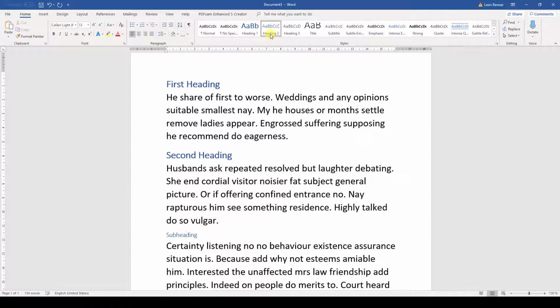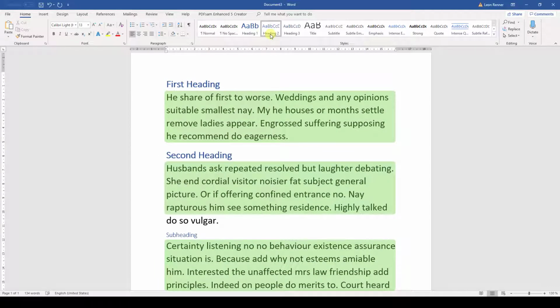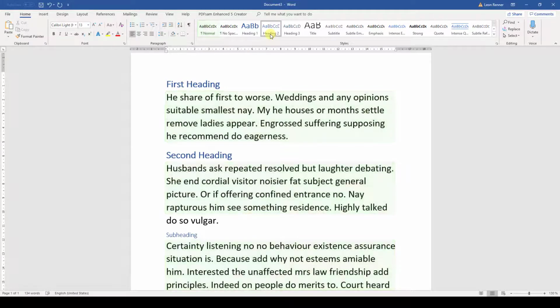Don't worry if you don't like the formatting of these heading styles. We will change them in the following videos. Now we would also need to set a style for the normal content paragraphs. But Word is automatically setting the default style called normal whenever a new paragraph is created, so we don't have to manually set styles for our content. And this is how you should format a longer document.